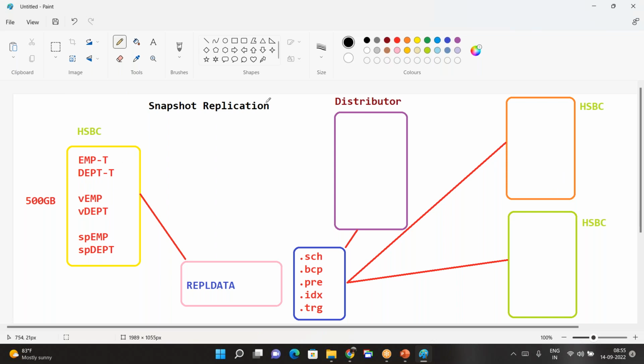So using snapshot, okay sir, I don't want to confuse you people, okay? Try to understand. So what is snapshot replication, sir? The articles which are not frequently changing, for those articles we will configure snapshot replication. Remember this one thing, sir: the articles which are not frequently changing, for those articles we will try to configure snapshot replication. It is one type of replication, and it is also the initial synchronization for all types of replications, like transaction replication,